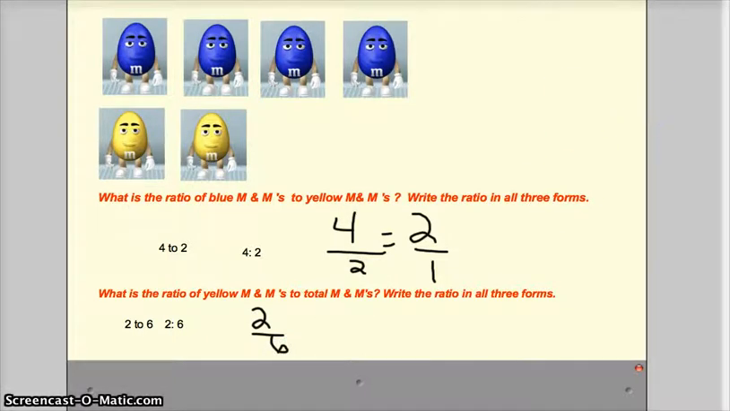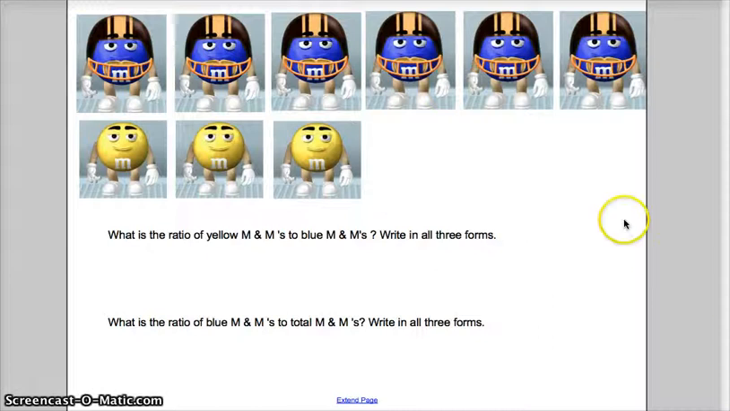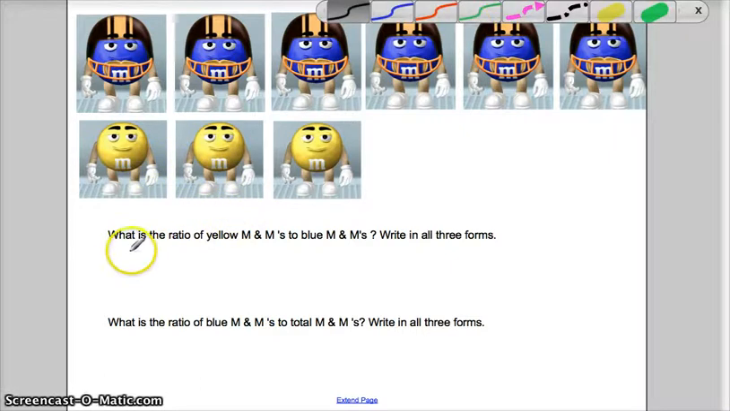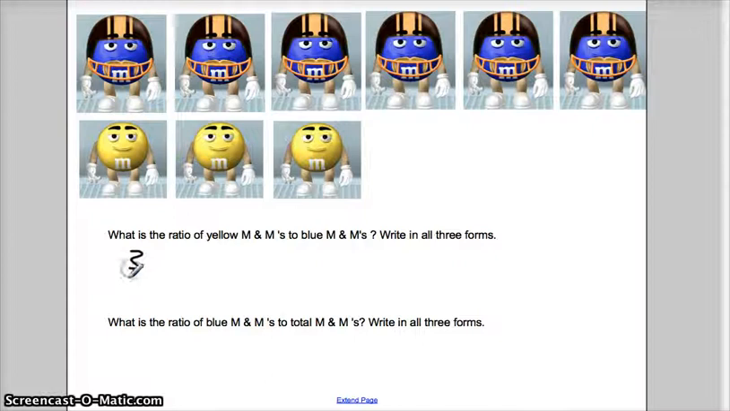Okay, let's look at another example. What is the ratio of yellow M&Ms to blue M&Ms? Remember, the order is important. We have 3 yellow M&Ms, so we're going to start with that. Our first term is going to be 3, and we can write this with the word "to". Now the ratio of yellow M&Ms to blue M&Ms. So we have 6 blue M&Ms. So it's 3 to 6, 3:6, or if you wanted to write that as a fraction,